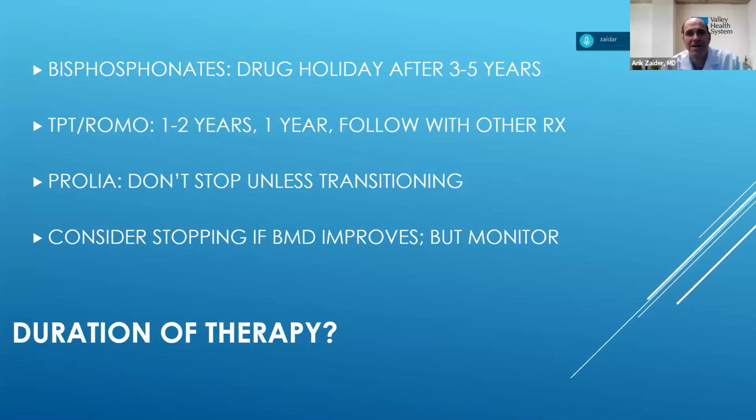How long should you be on these medicines? That's another question everybody asks. We don't know the exact answer. A lot of it has to be taken case by case, depending on what happens. With Fosamax, bisphosphonates, there's something called a drug holiday. After you've been on it for 3 to 5 years, we generally stop, for at least 2 years, because if you're on it too many years in a row, you increase your risk of some of those rare side effects that we talked about.